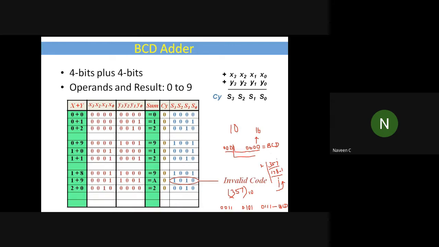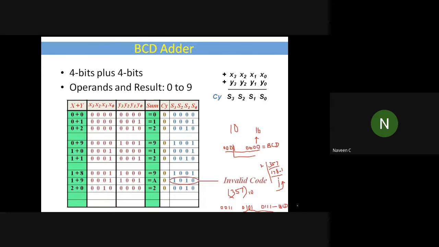Okay, this is the procedure. But now only if I remember the value up to 9, I can write however many numbers you give. You can give even more complicated ones, like 3 5 7 7 7 7 7. You give any number, I can easily represent it using BCD, because I should know only what the 3 value, 5 value, and 7 value are. However many 7s you give, I will write 0111, 0111, like that it will go.